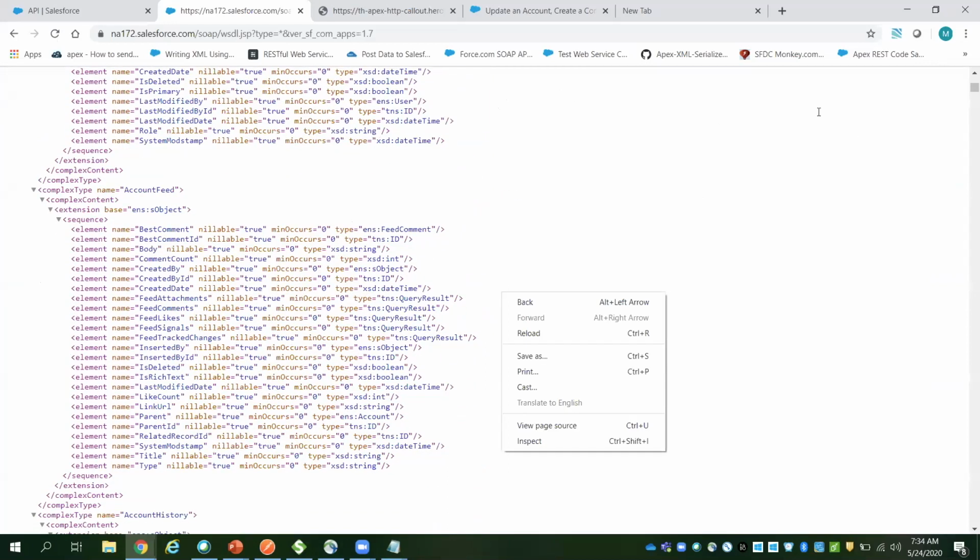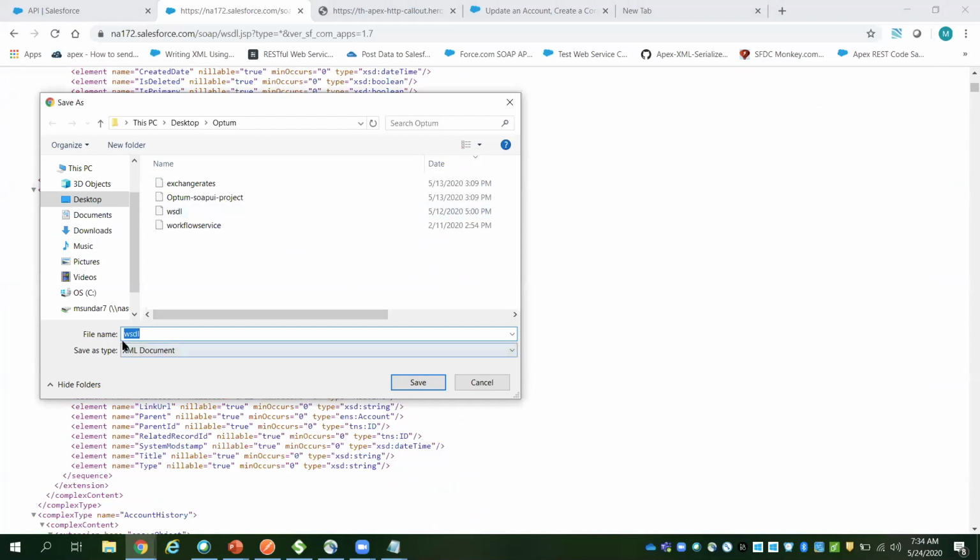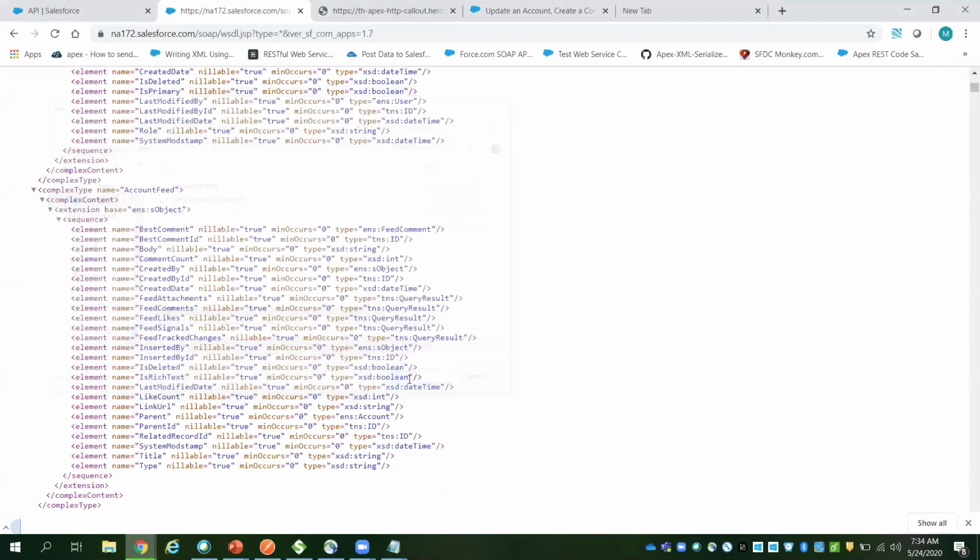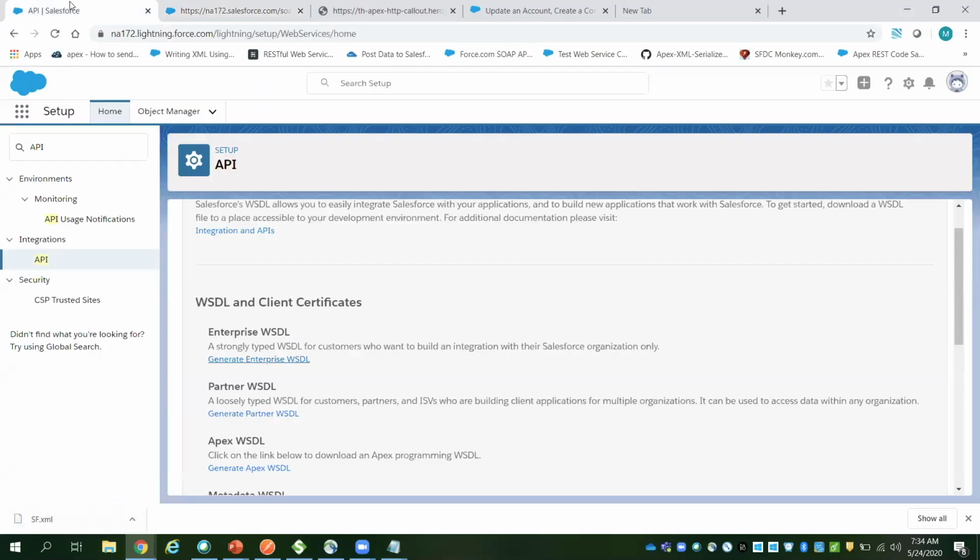So you can save this as a WSDL format, and the third-party application needs to use this WSDL XML.